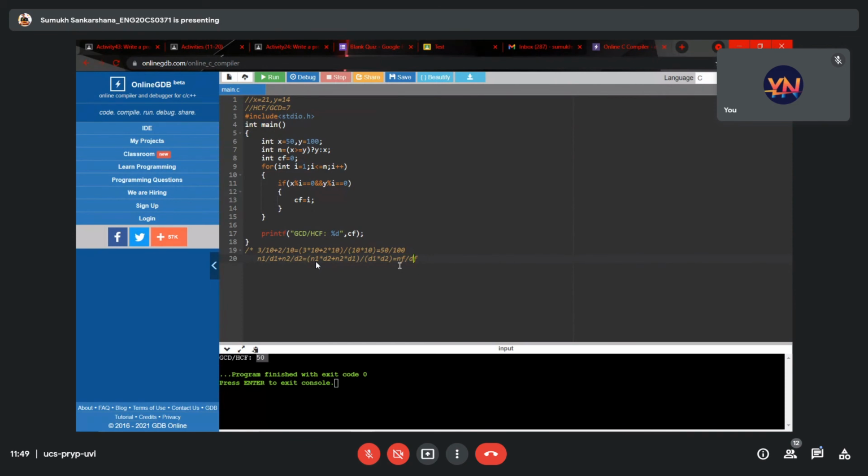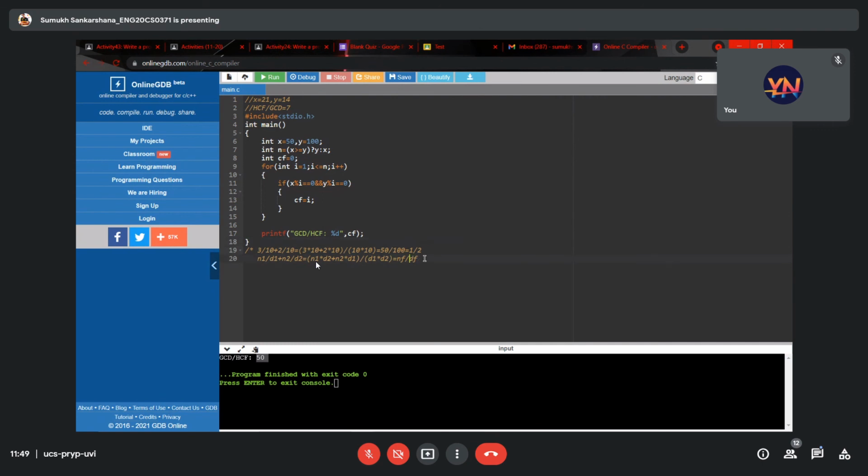Remember guys, GCD of the final numerator and the final denominator. If you do the final, as you can see, 50 by 100, then the HCF or GCD is 50. So if you divide 50 by 50, you'll get 1, and 100 by 50 you will get 2, so it will be 1 by 2.